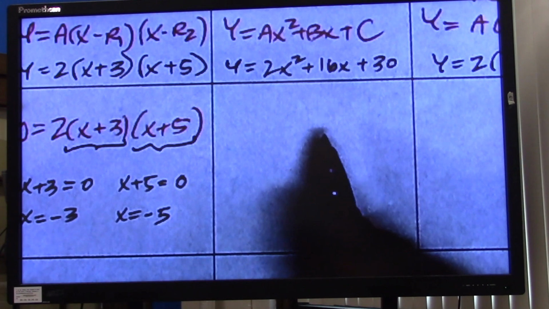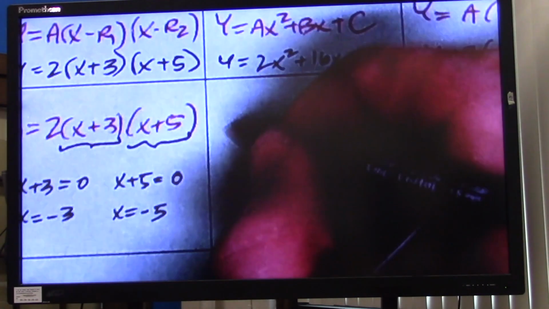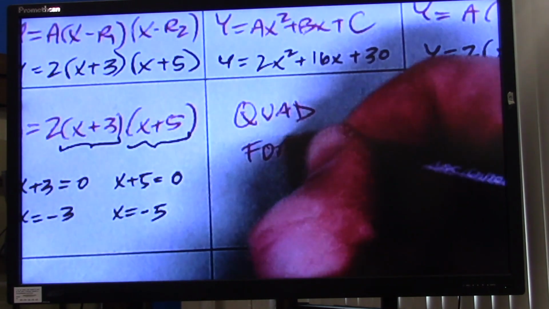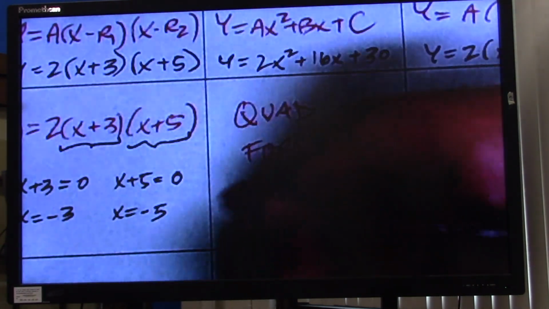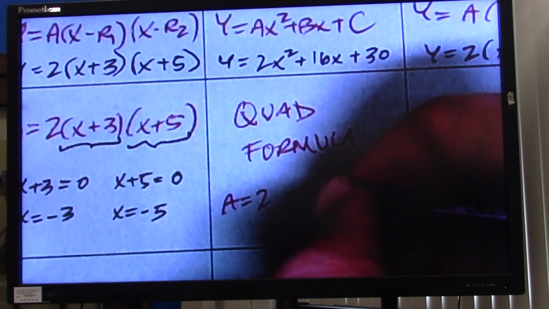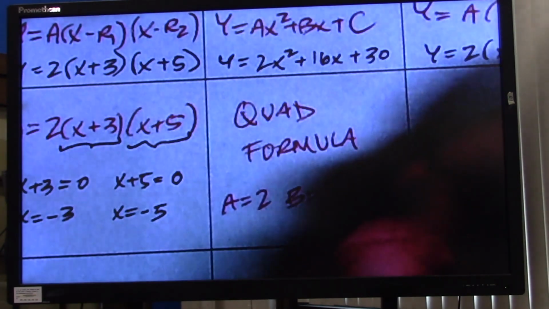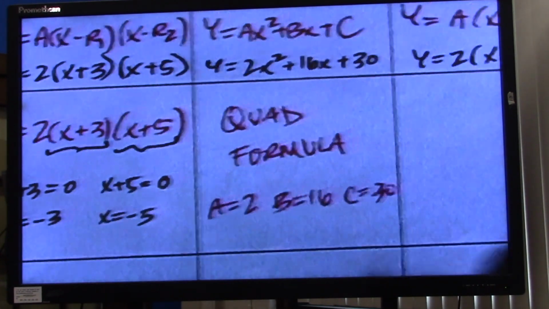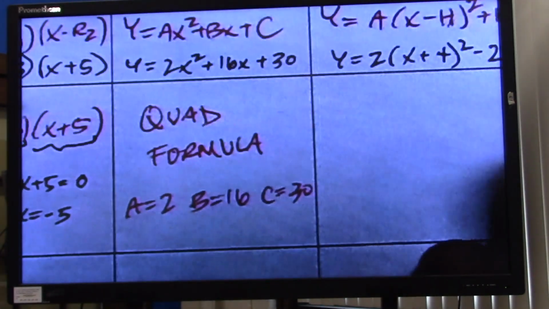If you have this method, this one here, I'm not going to write it out, we did it on the other side. This is the quad formula, whereby A equals 2, B equals 16, and C equals 30. And I'm just going to write that there. We won't add any more because you have it on the other side. And then the last one